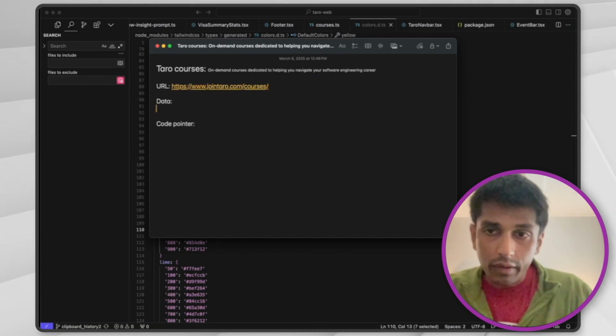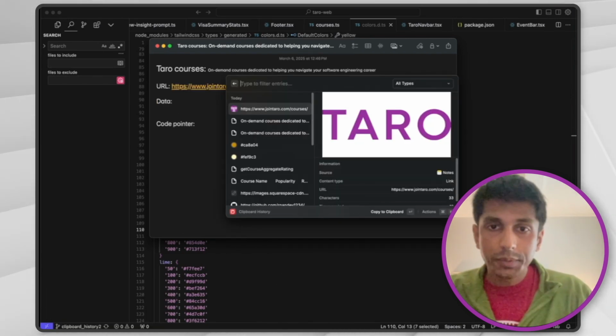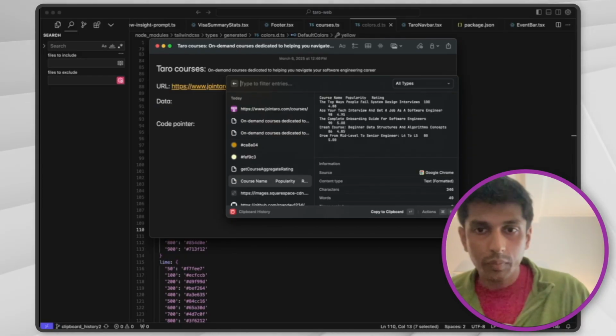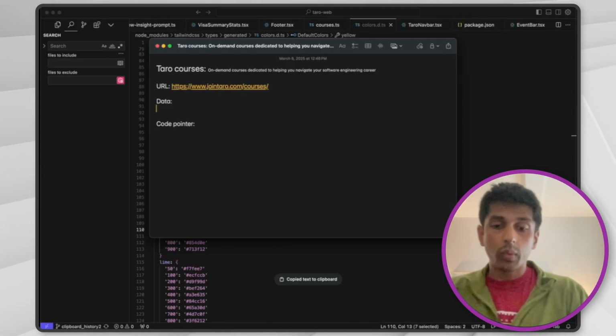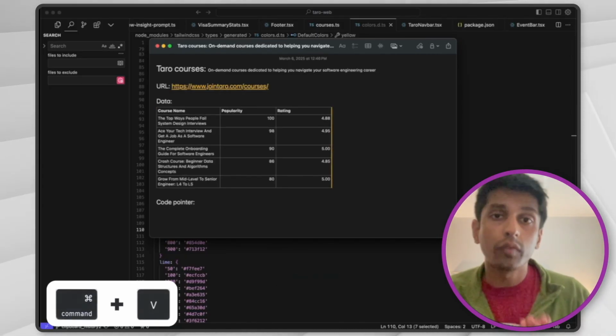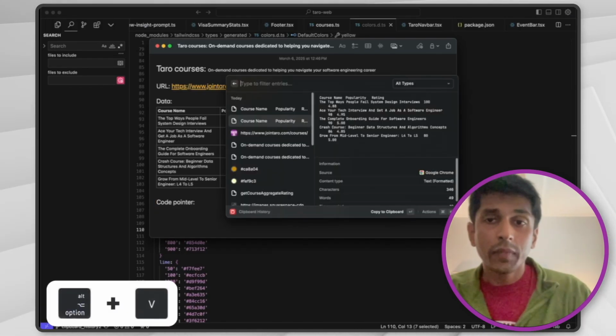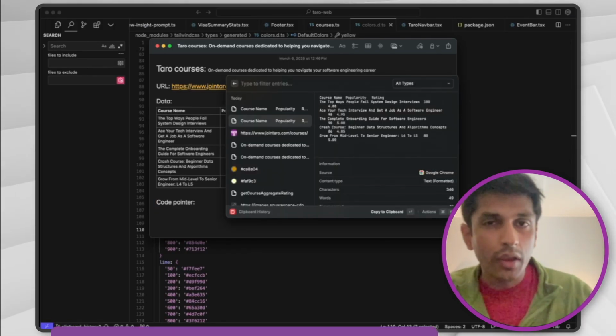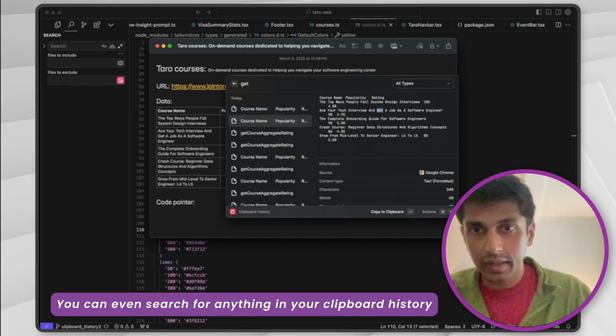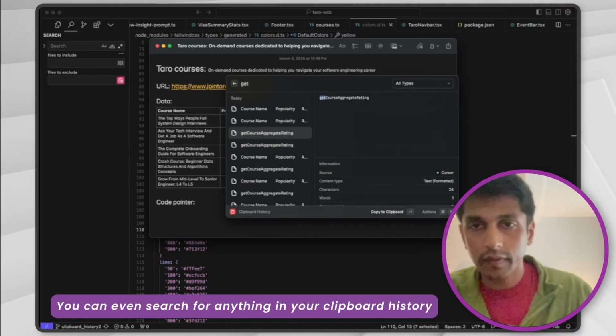The data is also what I copied from the spreadsheet. Again, Option V, and then let's keep going down until we get to that table. And what's interesting here is that it will retain formatting. So when I paste it, it will keep that same table. And then finally, the code pointer. And so if you forget the exact function name, I know it started with the get. So I'm just going to start typing get, and then you can see here, it filters everything in your history